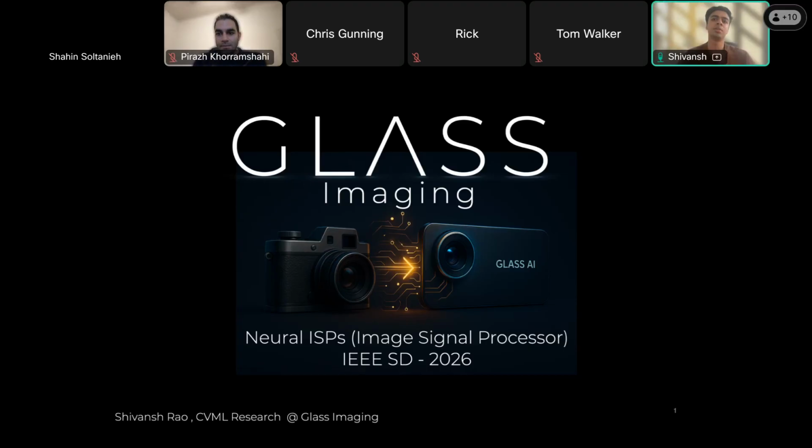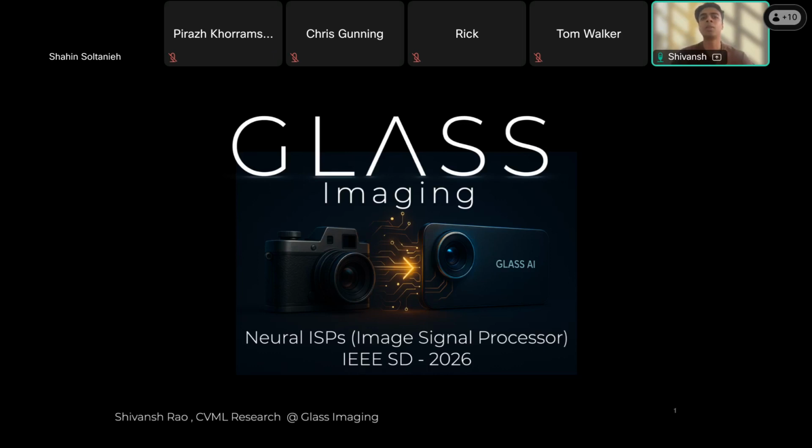Glass Imaging is a startup based out of California, and we primarily focus on AI-powered computational photography. In today's session, I will share some details on the neural image signal processor pipeline, so neural ISP.